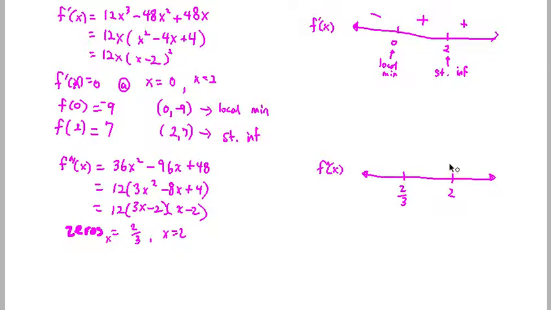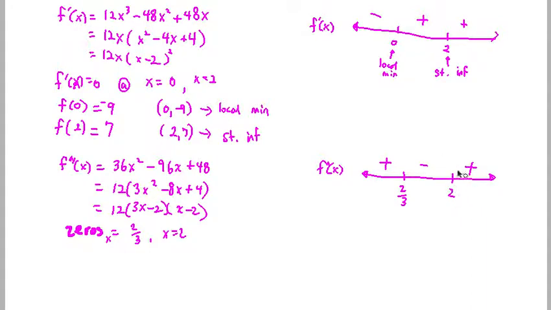And now we just test this again. If I put 0 in here, I would end up with a positive number. If I put 1 in, because that number is between here and here, I would get a negative output. If I put 1 more here, I would get positive. And that makes sense because